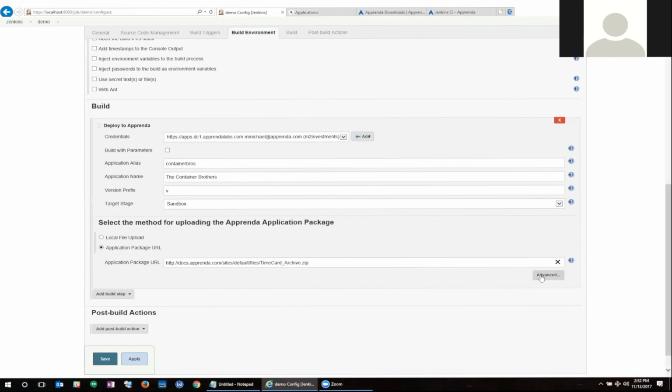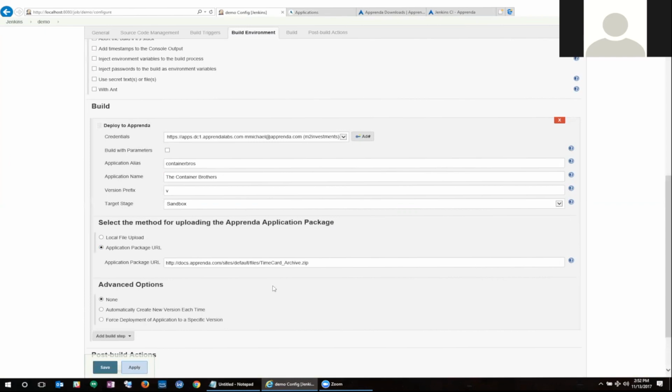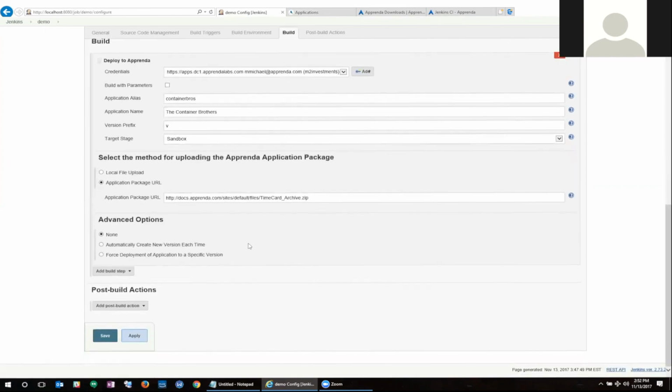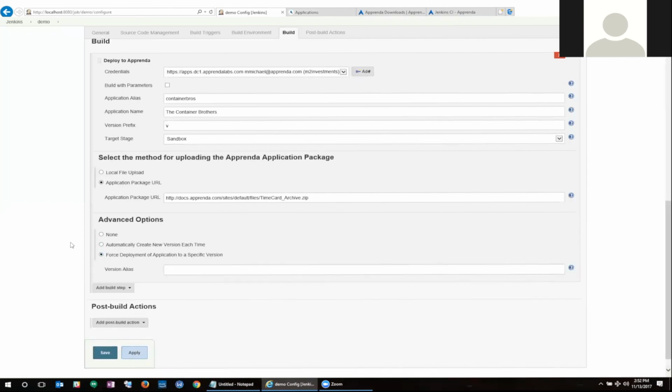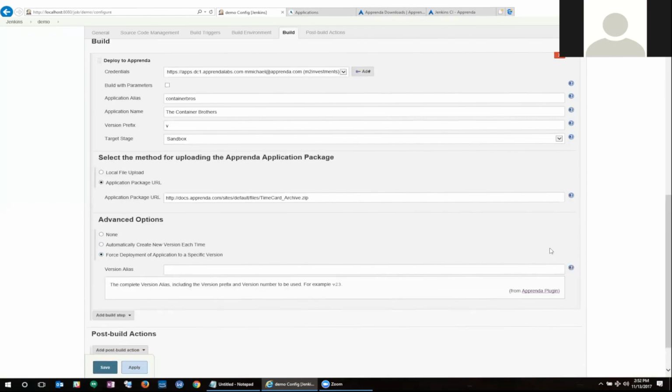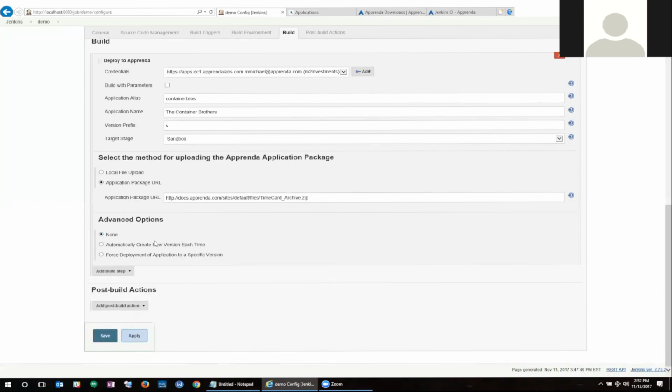Now, we do offer a couple of advanced settings, and I'm just going to go through them here for viewing purposes. You can automatically create a new version each time that this build job gets executed, or you can even tell Apprenda to force the deployment of the application to a specific version. And remember that all of these settings do have a help attached to them. So if you're not sure what to do at any one of these steps, click on the help file and we'll give you some details on that. Or you can go back to our GitHub page and it has detailed step-by-step instructions, including some pictures on how to get everything done. So I'm going to go back and select none here, and I'm going to save this